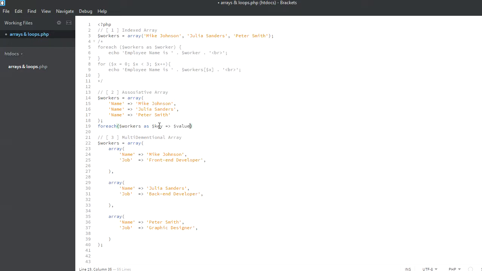Like we said before, this key and value can be anything. You do not need to name it key and value. You can name it any variable name, but this key represents the key in the array, so it's this name here. And this value is this here. So then I open the brackets,